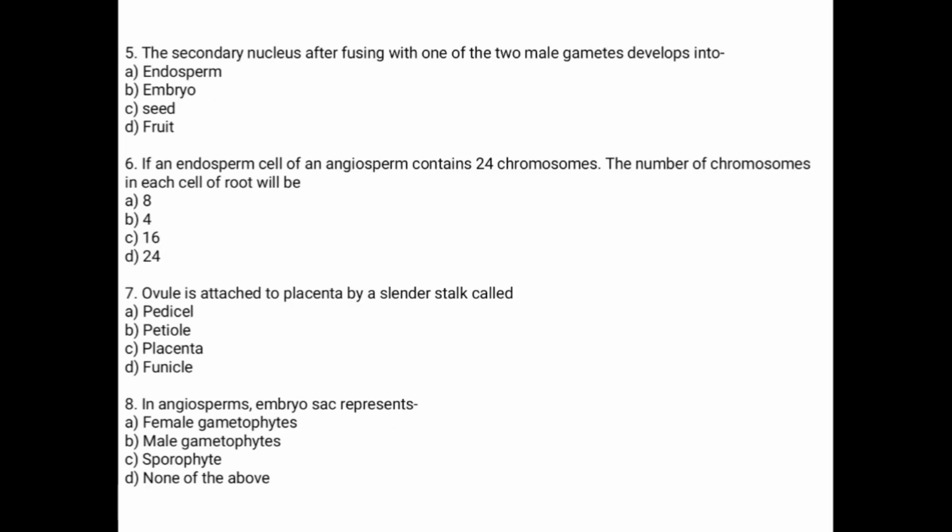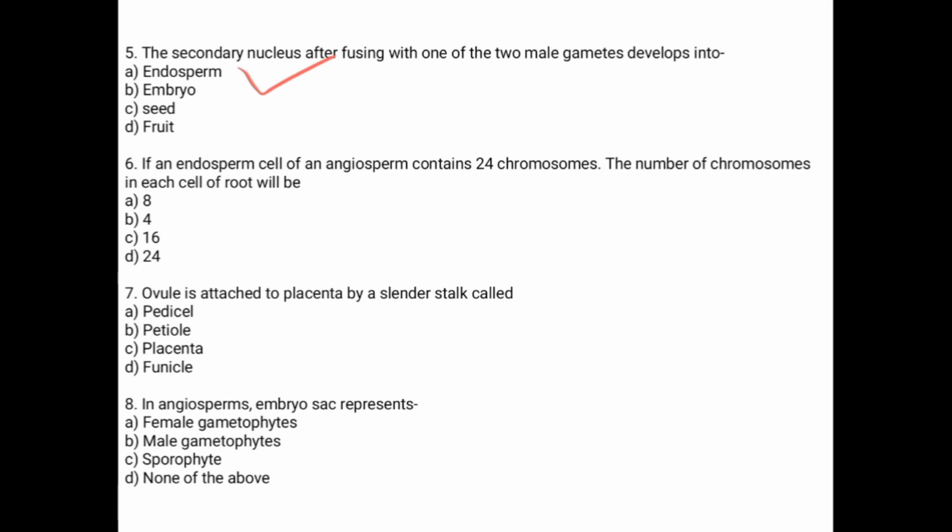Then come to the next question. The secondary nucleus, after fusing with one of the two male gametes, develops into endosperm. Then the sixth one, if the endosperm cells of an angiosperm contain 24 chromosomes, the number of chromosomes in